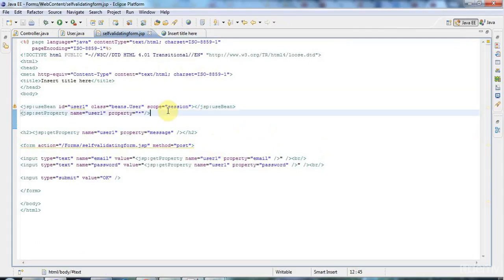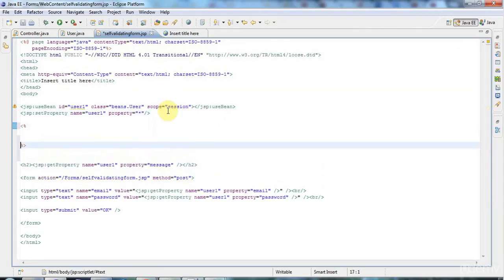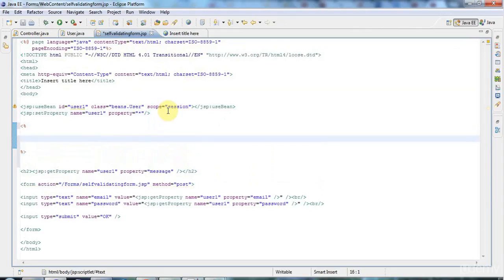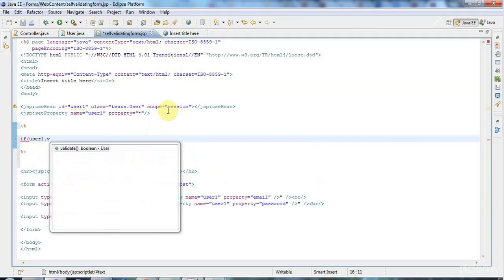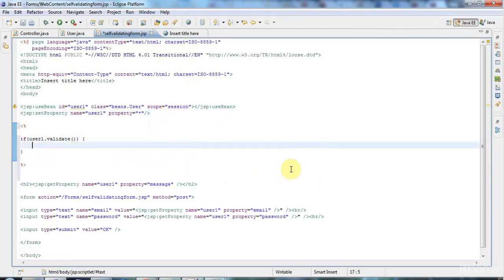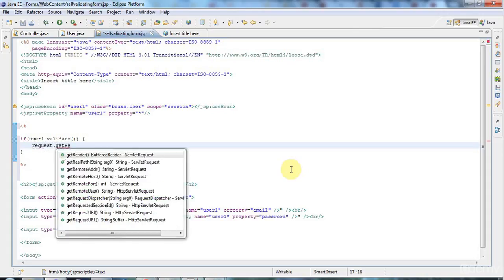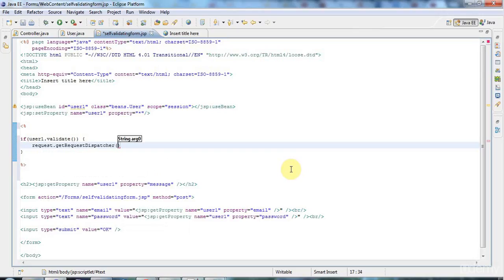Now I want to have some code up here that sees if the bean can be validated. Let's have a scriptlet tag, and I'm going to say here if user1.validate, then I won't go on to do the rest of the stuff. I'll forward to a different URL. So let's say here request.getRequestDispatcher, and let's forward to, and the forward is relative to the context root, so let's say forward to